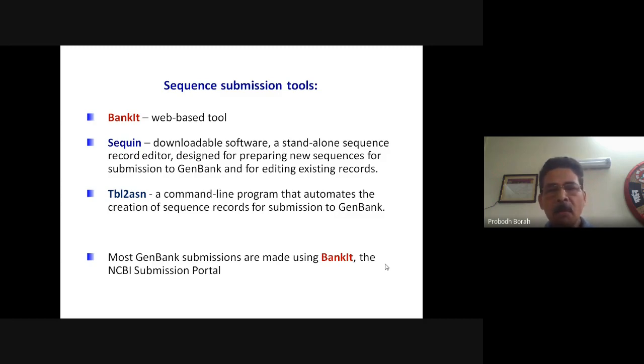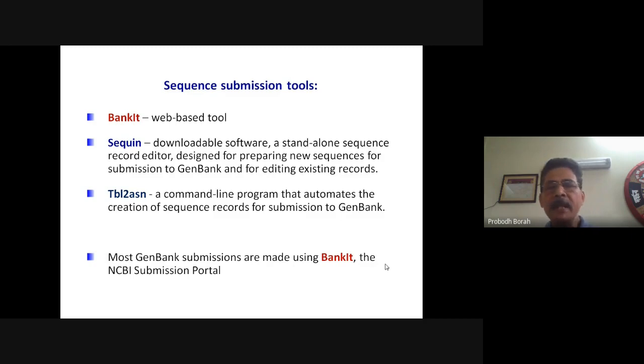If you have a sequence pertaining to a gene, maybe a partial gene sequence or the whole gene sequence, and you want to submit it to GenBank, you can use either BankIt or Sequin. BankIt is more commonly used. It's a web-based tool. You need not download the tool, but Sequin is downloadable software.